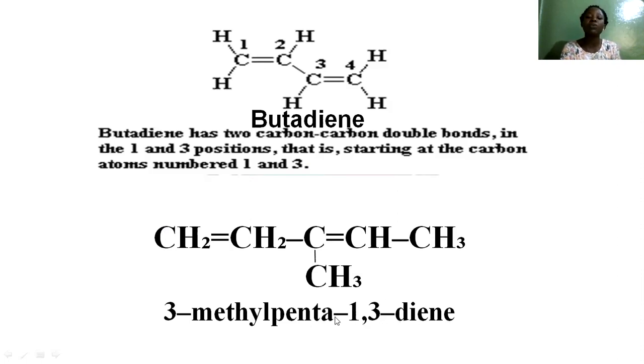1,3-diene. Now notice when you want to name the di, there is more than one double bond. So the name is pentadiene, compared to when it's just one, you have written pent-1-ene. But because it is 2, you say pentadiene to show that there are 2, and show the number, the position where the double bond is. I hope you understand this.